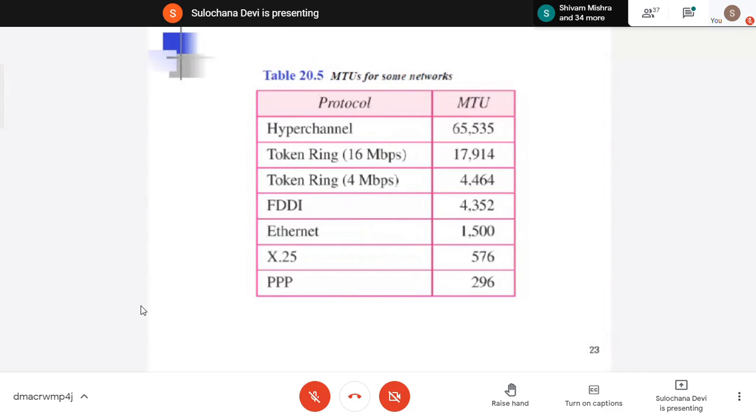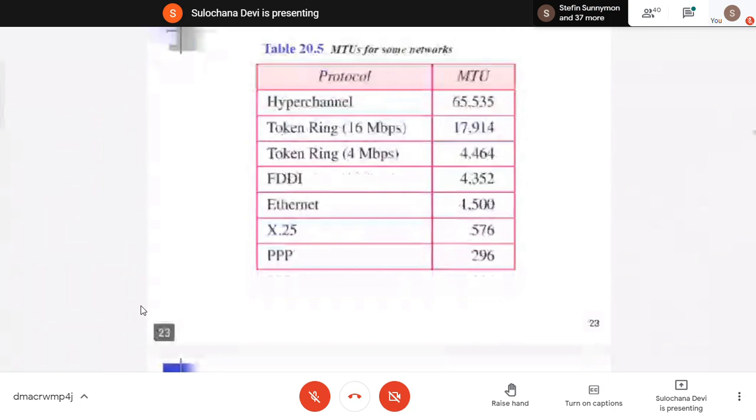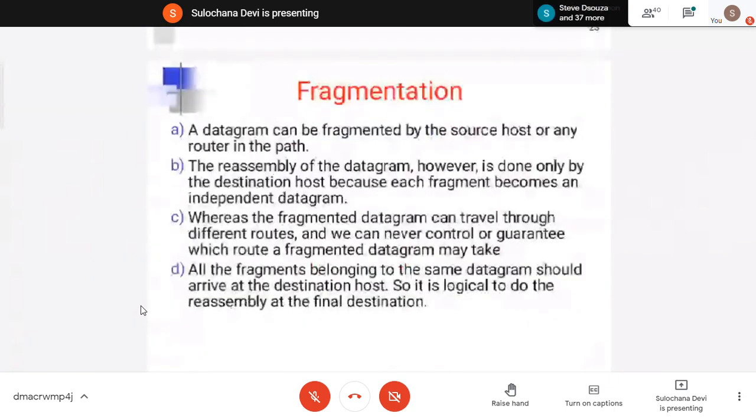And any packet, any datagram, can take any route. So all packets go through different routes, they can go through different networks, and can be fragmented more than one time. Okay, more than one time. At the destination side, all those packets are received together and reassembled together, and then it is transmitted. Okay, so this we call fragmentation. This process of dividing the larger IP size packet into small size fragments or small frames so that it can pass through that network, we call fragmentation.